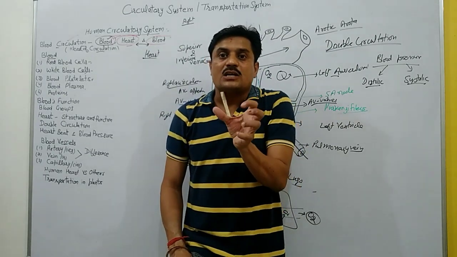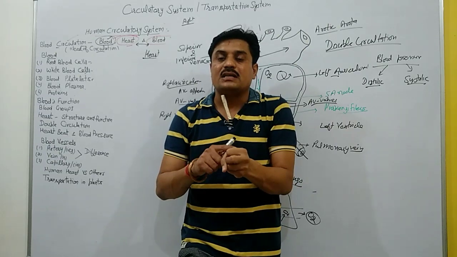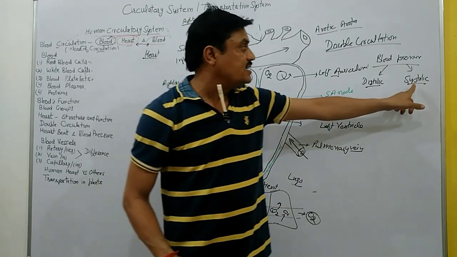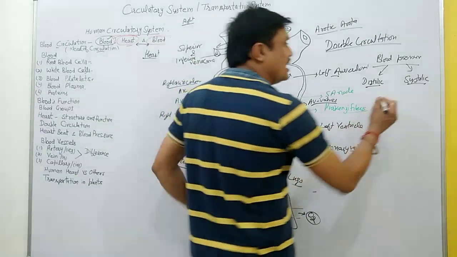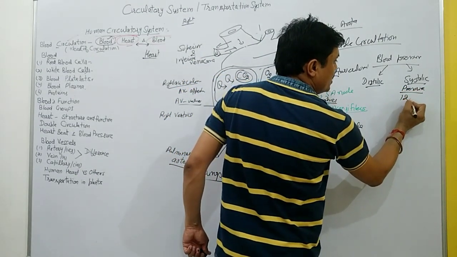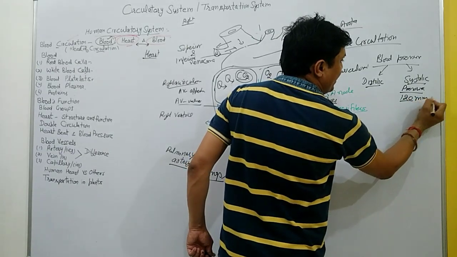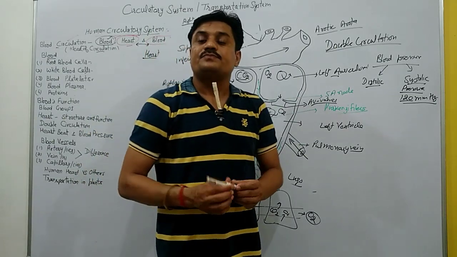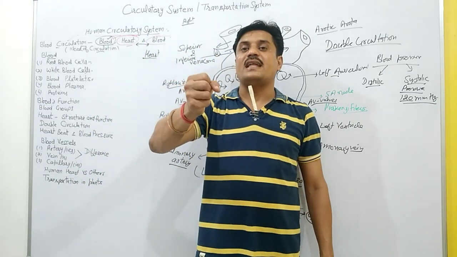When the heart contracts, the pressure in the blood vessel is maximum. This pressure is known as systolic pressure, and in a normal human being it is 120 mm of Hg. And when the heart relaxes,